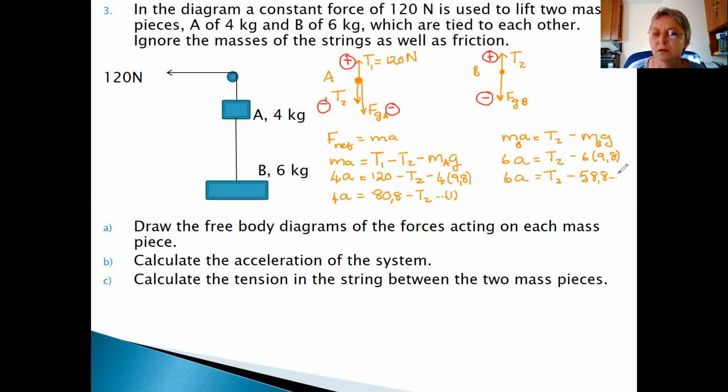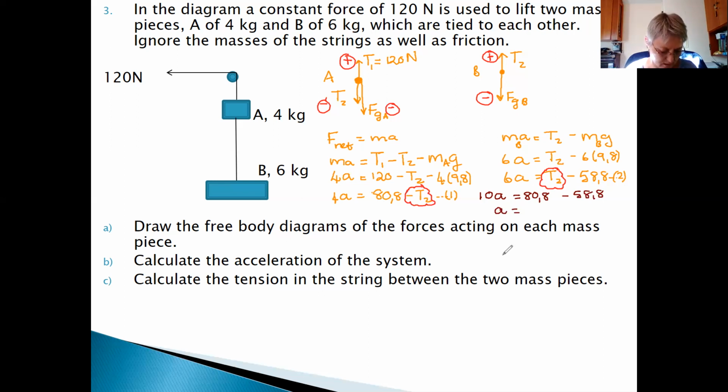And that forms our second equation. I can see that in my first equation, T2 is negative, and in the second equation, T2 is positive. So if I add the two equations, then I would cancel T2. So that brings us to 10A, 4A and 6A is 10A, equals 80.8. The T2 cancels, minus 58.8. That would give us A,